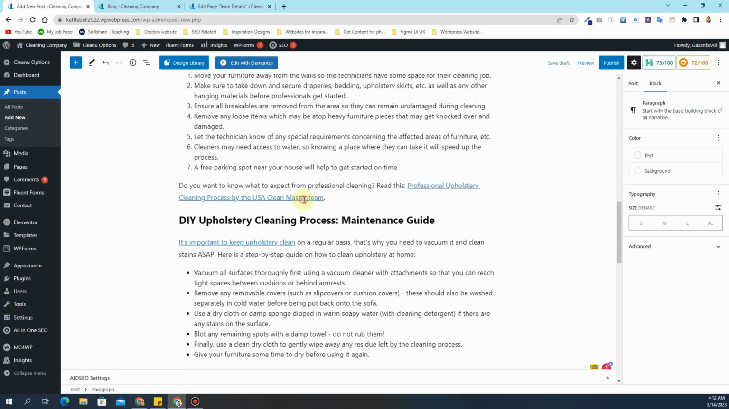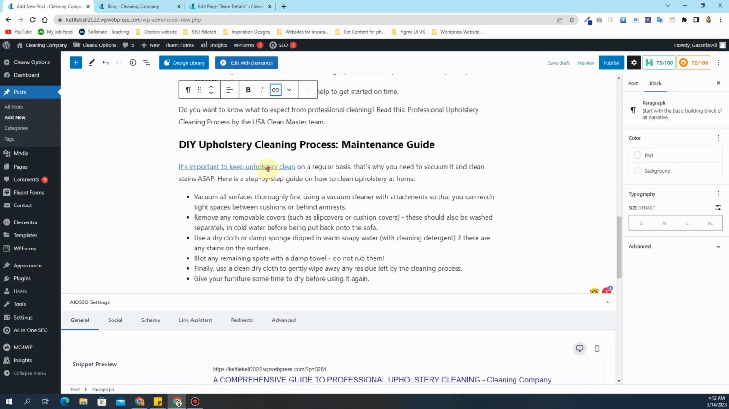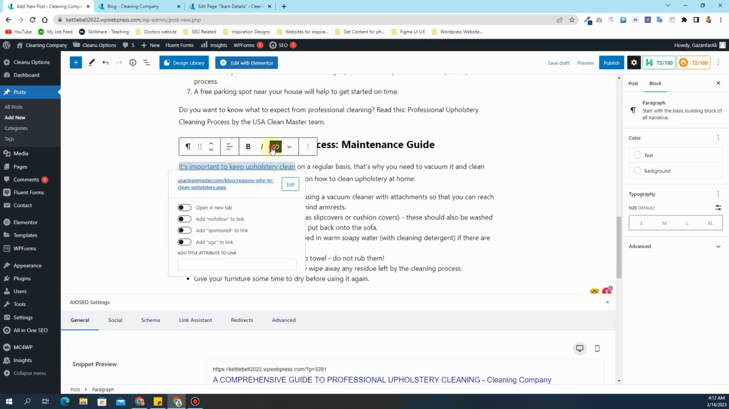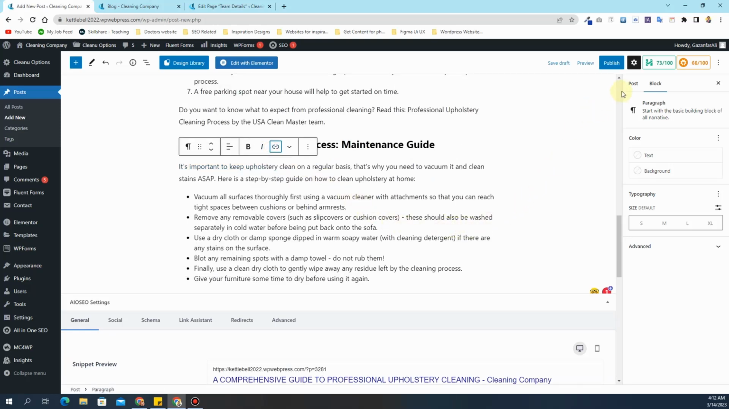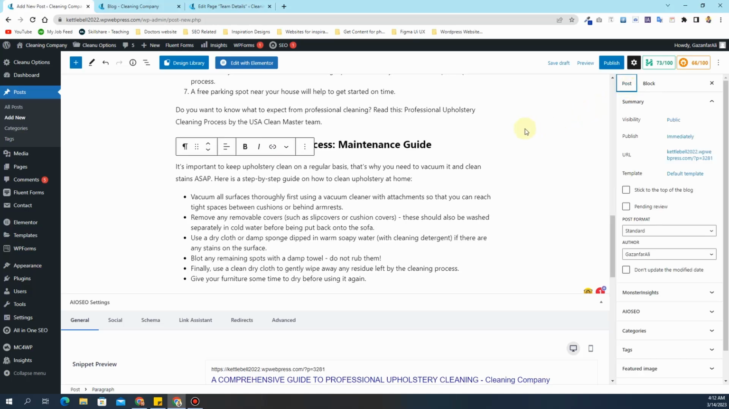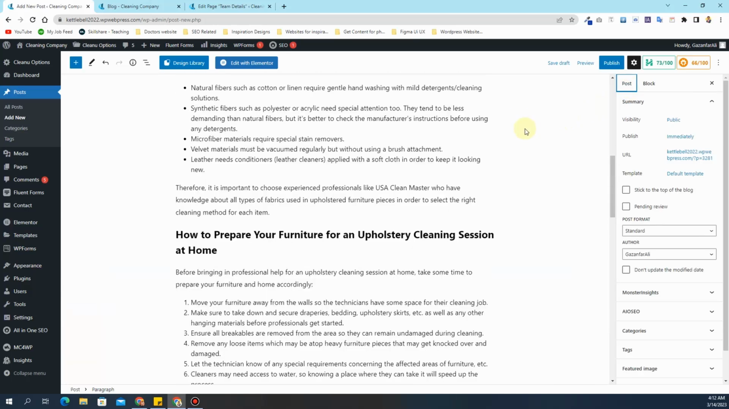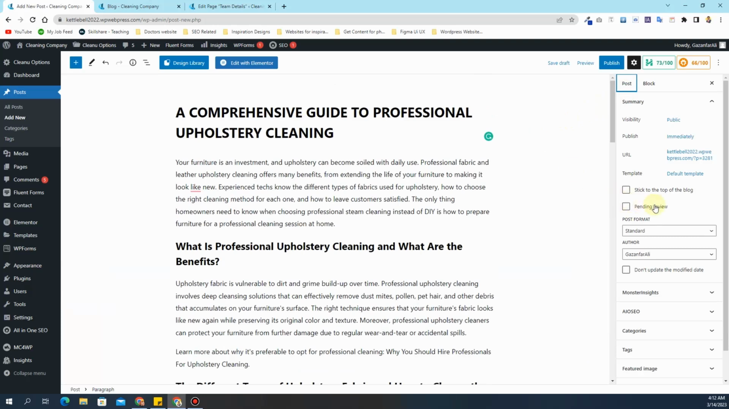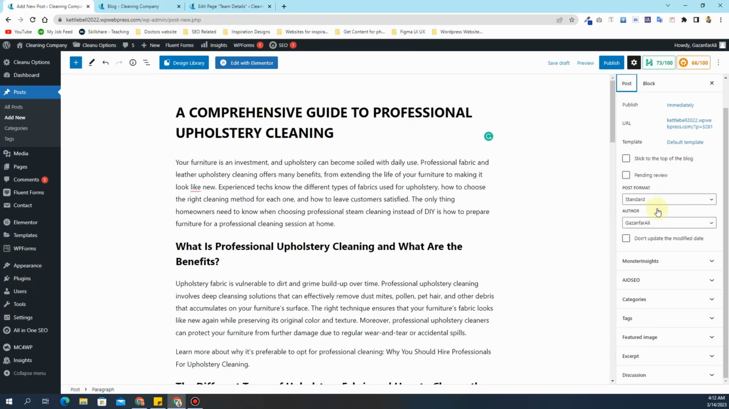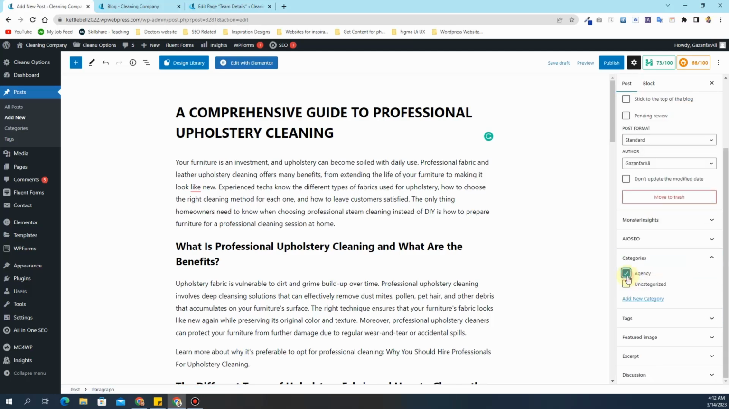Blog posts are very important. They play a very major role in the SEO ranking and other factors. So make sure for any kind of website that you are creating, you should always have a blog page on your website. So once you have this blog post added, simply click categories and you can choose one of these